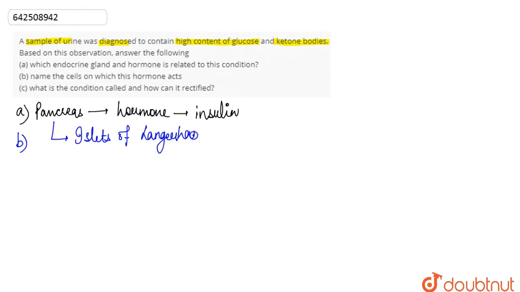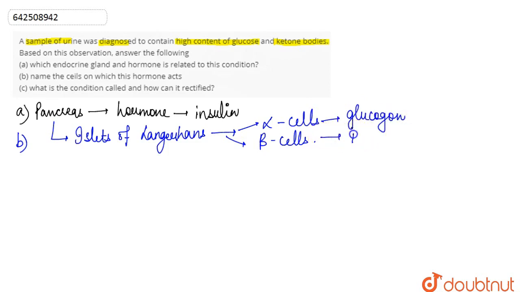The two main types of cells in the islets of Langerhans are the alpha cells and the beta cells. The alpha cells secrete glucagon, whereas the beta cells secrete insulin. Insulin is a peptide hormone which plays a major role in the regulation of glucose